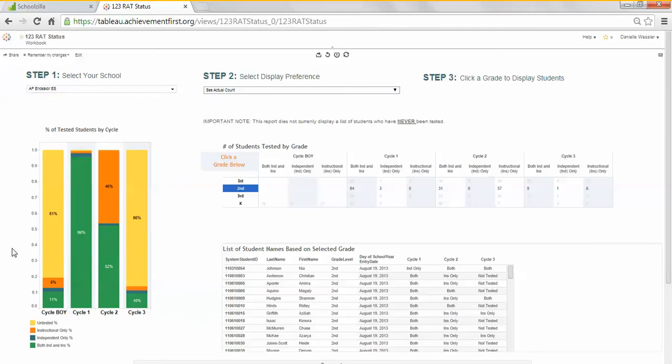You can see first that in this graph, there's a snapshot of all cycles. So we can look across cycles and see, for the green, scholars who have both their independent and instructional level. So for instance, I can see for the BOY cycle, 11% of all scholars at this school had the independent and instructional levels. I can also see that a very small percentage had just the independent levels, and 6% of scholars had instructional levels. Finally, I can see that 81% of scholars were untested in the beginning of the year,